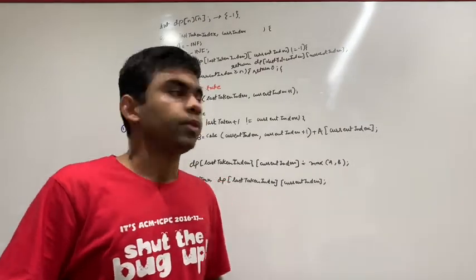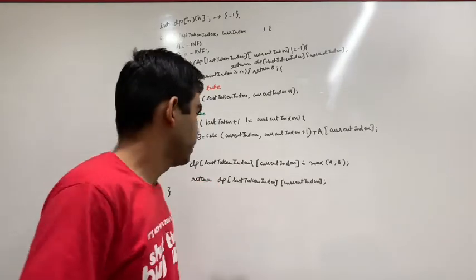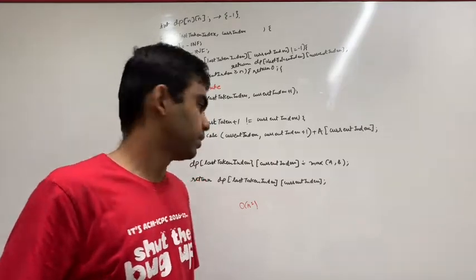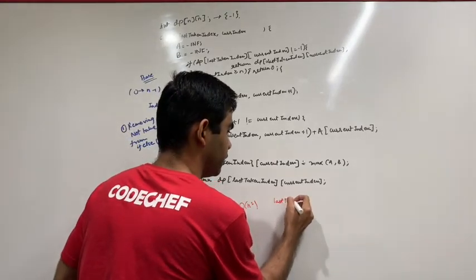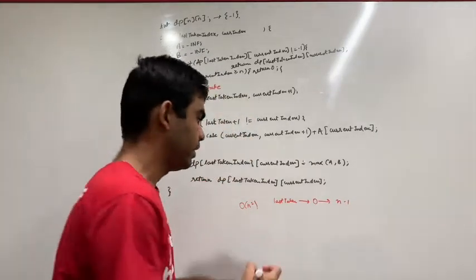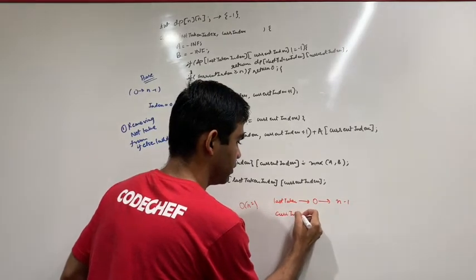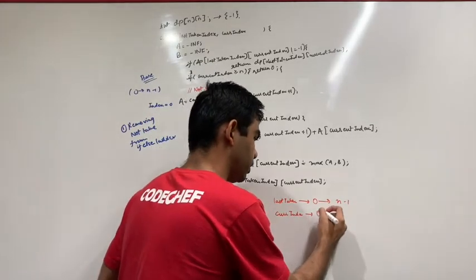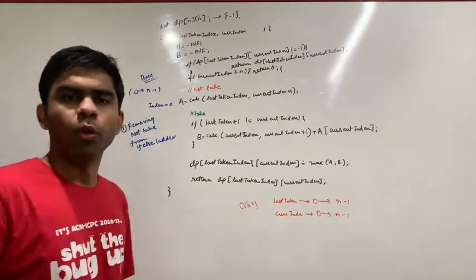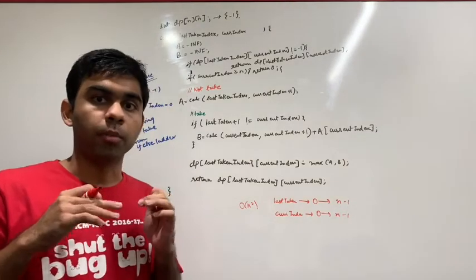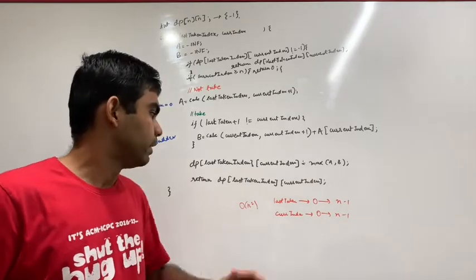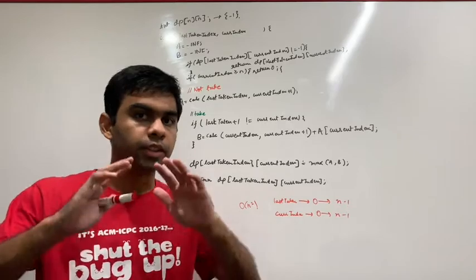So in the previous case, we saw that our time complexity was reduced to nearly O of n square. And the reason for that was my last taken index was ranging from 0 to n minus 1, and my current index was also ranging from 0 to n minus 1. So by looking at this code, what do you think is the way in which we could optimize it further? The one thing very clear in our mind is that I will have to iterate my array at least once.